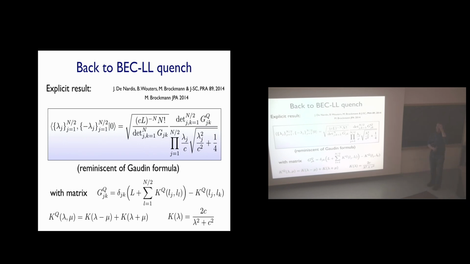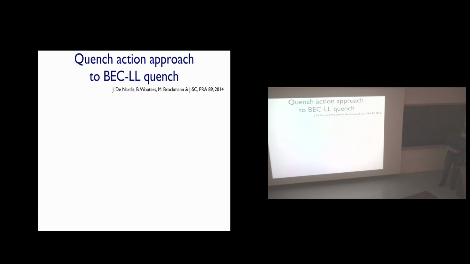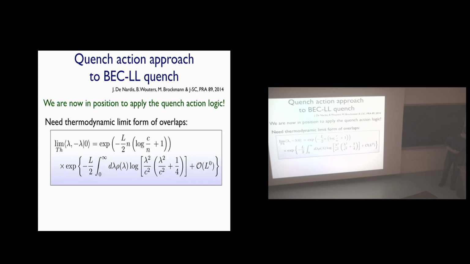Because at that point, we now have all that we need to apply the quench action, okay? So what do I need to do? I need to compute my quench action, which means that I need to take the log of that thing. And generically, the log of that thing I can now rewrite as an exponential of something that scales with system size